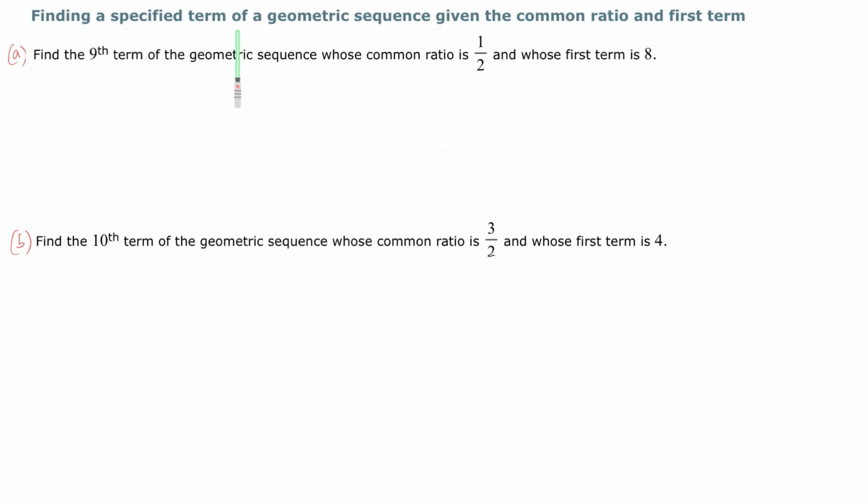Finding a specified term of a geometric sequence given the common ratio and first term. Before we get started here, I do want to remind you that you've studied the things of